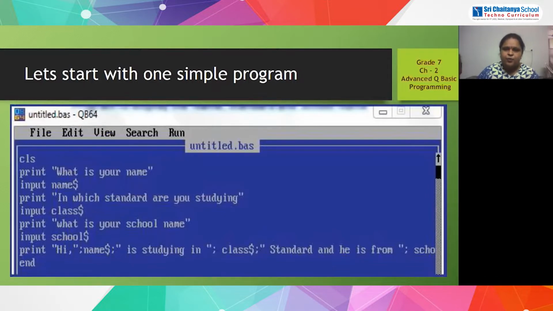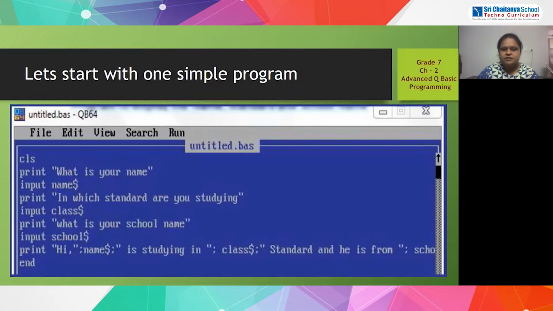So when I run the program, this message will be displayed. Now, in the third line, INPUT name$. The INPUT command is used to read a value into a variable during the execution of the program. Now here what is the variable, students? name$ is the variable I have used. And why is the dollar symbol given? To indicate that whatever data I am reading is a string value.